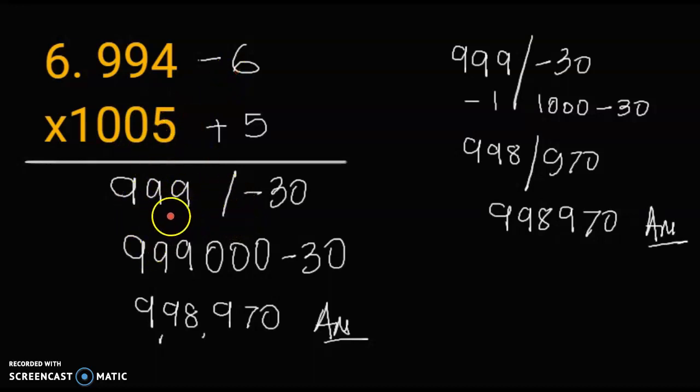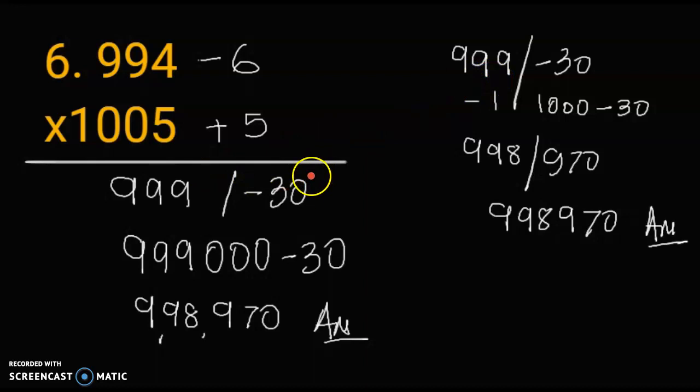Now next step is left hand side is to be multiplied by base, and base is 1000, so 999000, that is the product of the two numbers, minus 30, that gives you 998970, and finally that is your answer. Or you could have applied the second method I want to show you. You will get the same result,